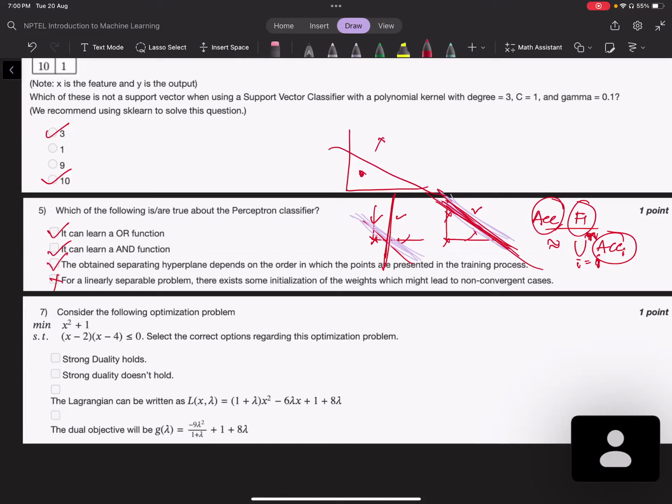If the points come in a different order, for each point it will adjust, reshaping itself. Hence the order in which the points come means the final hyperplane would be different,